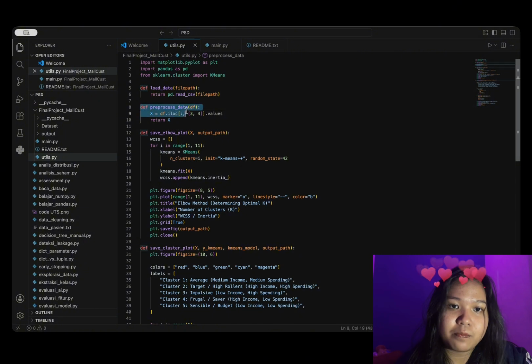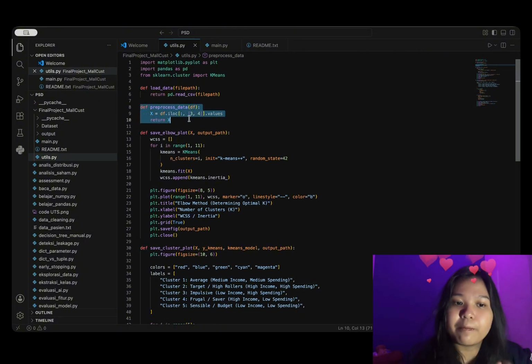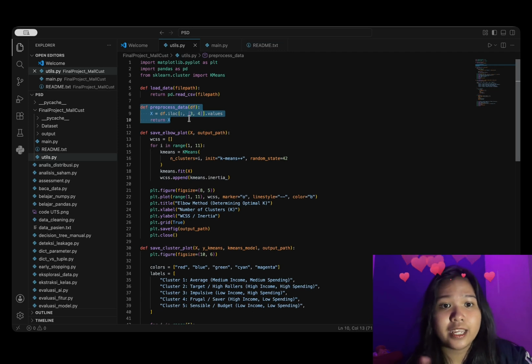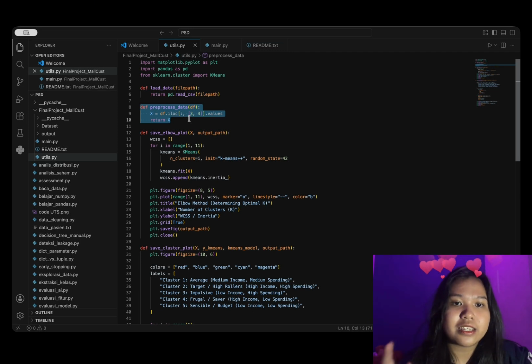Next is preprocess data. In this step, I select all rows for column index 3, which is annual income, and index 4, spending score, and convert the pandas data frame into a NumPy matrix array saved in X, so it can be processed mathematically by K-means.